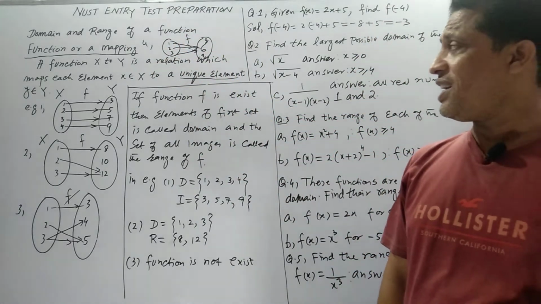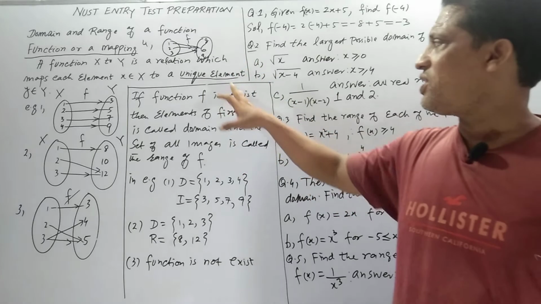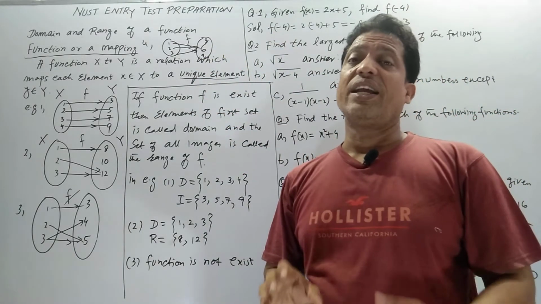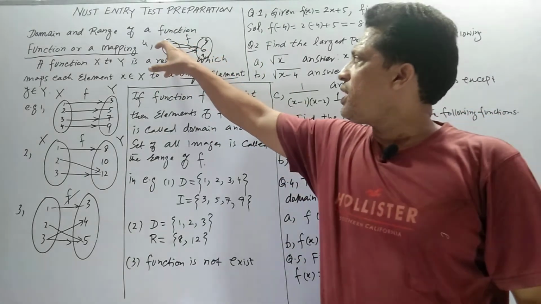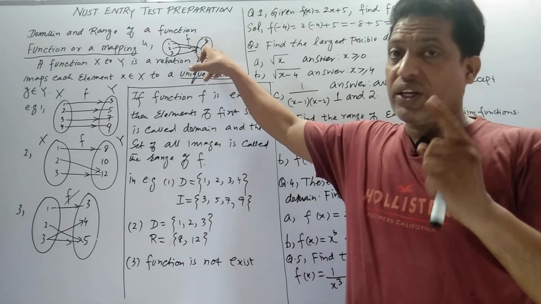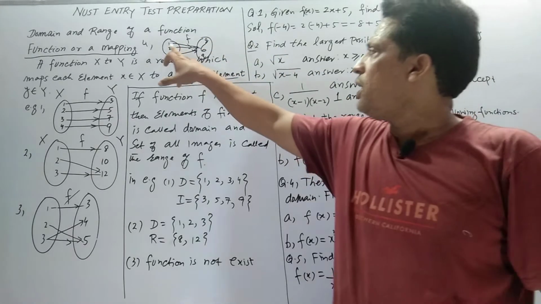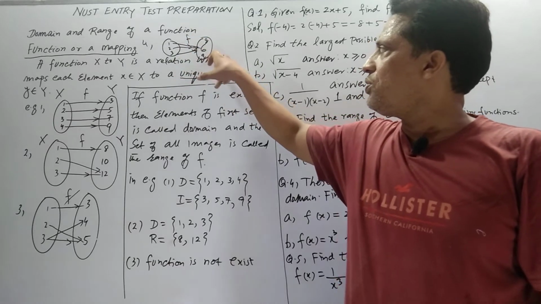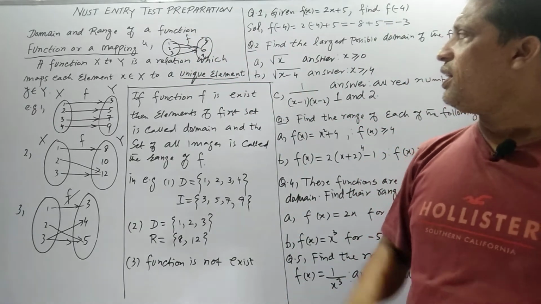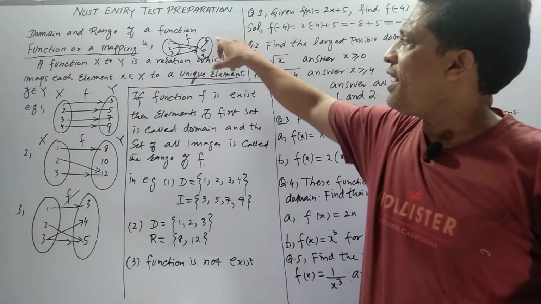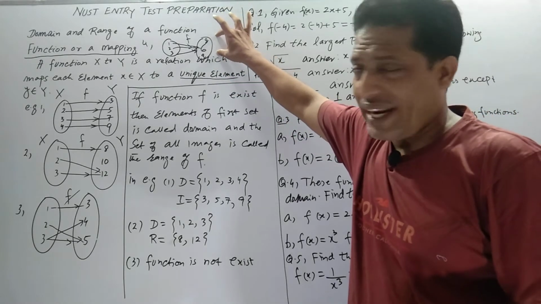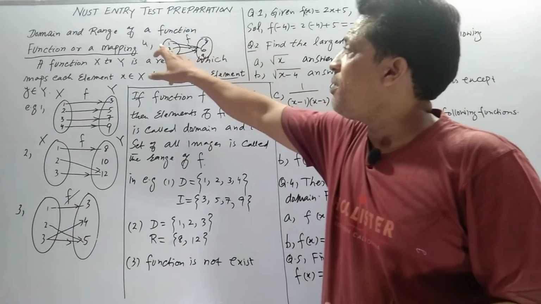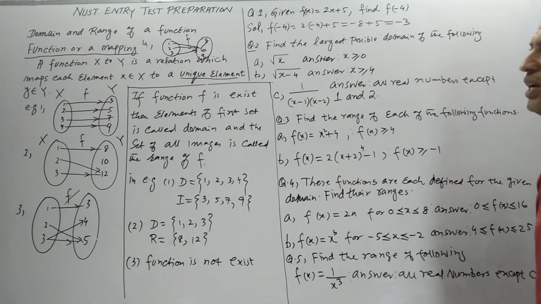The second part of the definition is that all the elements of the first set are uniquely mapped onto the other set. 1 goes to 6 only, not to 2 elements at a time. 2 goes to 6, 3 goes to 6. It is a function, no matter if some elements are left over in the second set and not involved. So it is not necessary for the second set to be involved, but all the elements of the first set must be involved. I hope the definition of a function is clear.